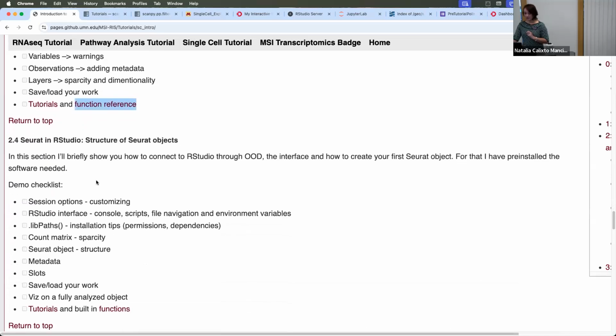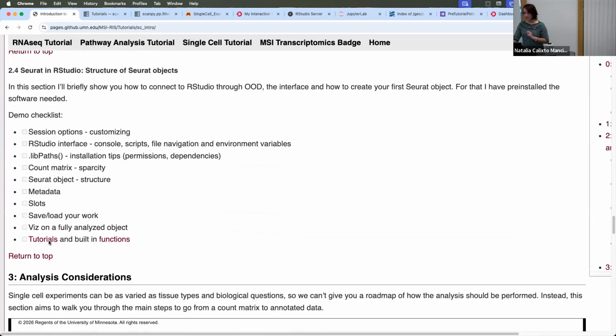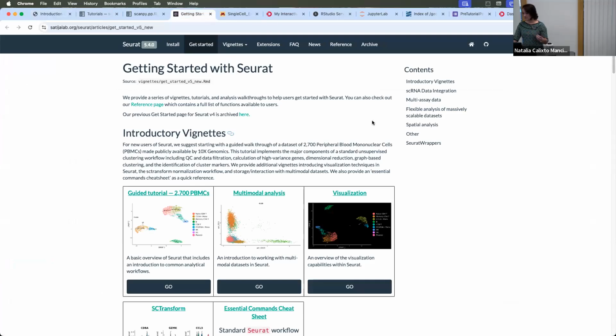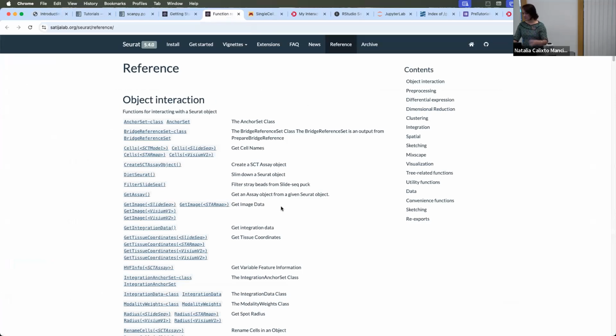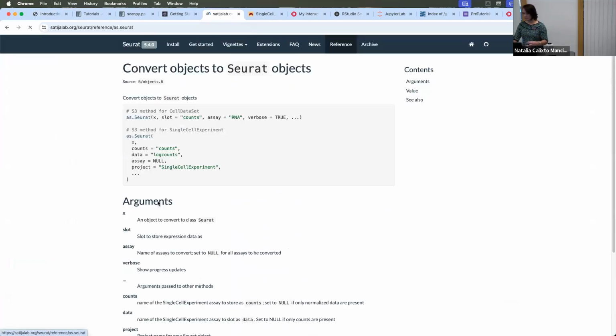Same for Seurat. You have a link for the tutorials page. I would recommend going with the getting started, the little one, just to get started, and to the functions page, where you can just click and it gives you more. If you don't want to do that,